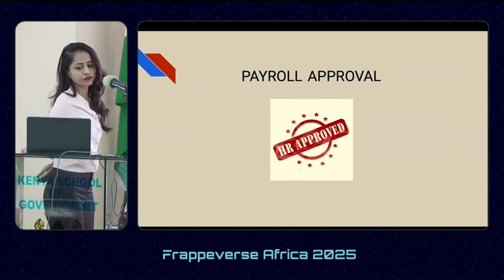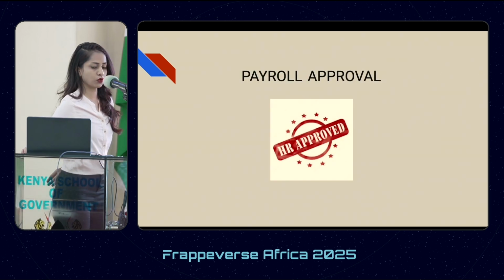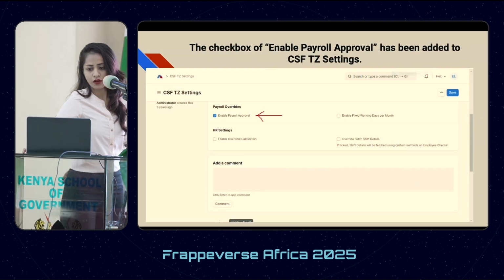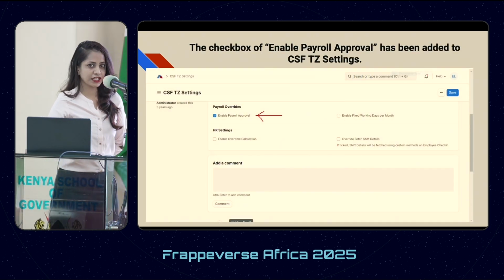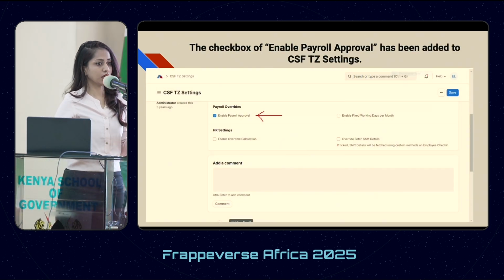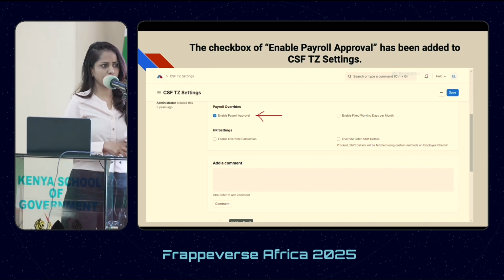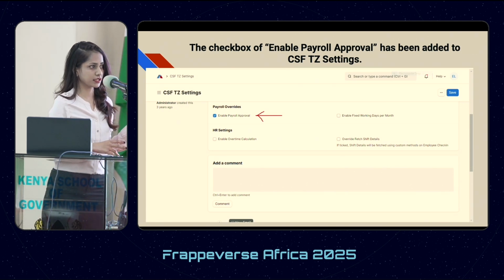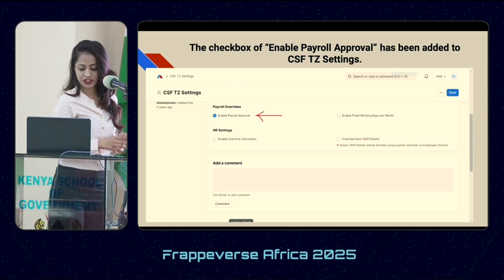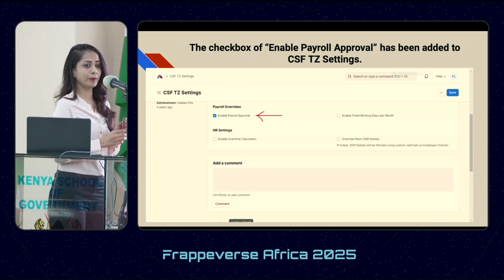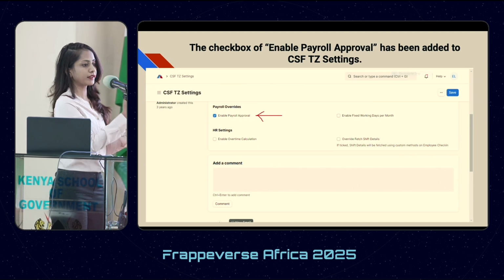Okay. One of the enhanced features we have is payroll approval. Some organizations, large organizations with a large number of employees. For example, we have one of our manufacturing company customers who has around 2,000 employees. Such organizations require the payroll to be approved by more than one department, or it requires various